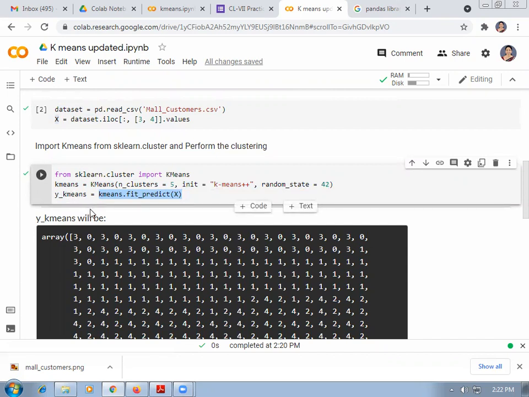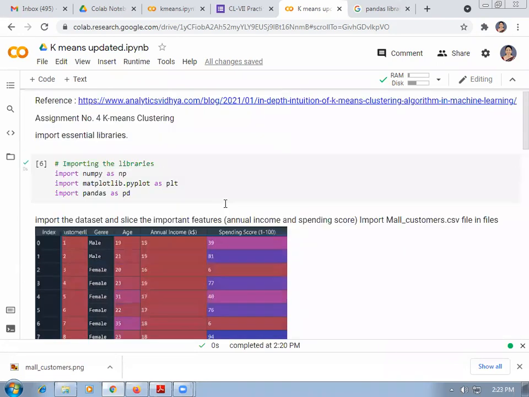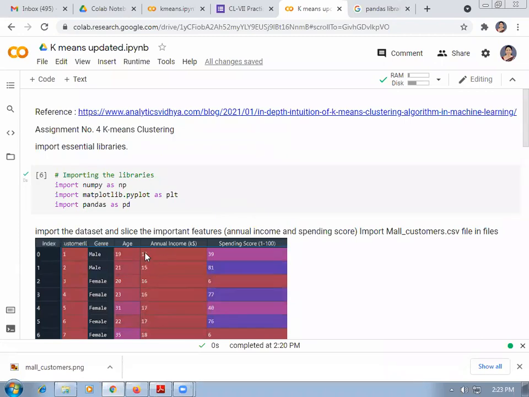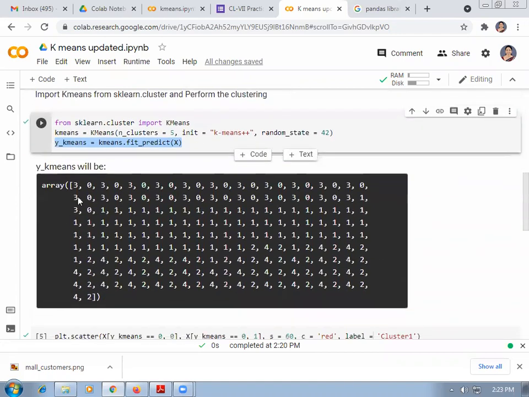Which sample goes into which cluster is stored in the y array. We have written y_kmeans is equal to kmeans.fit_predict(X). That means this statement will predict the cluster of a particular value in the data set. For example, for 15 and 39, it will show the cluster as 3.